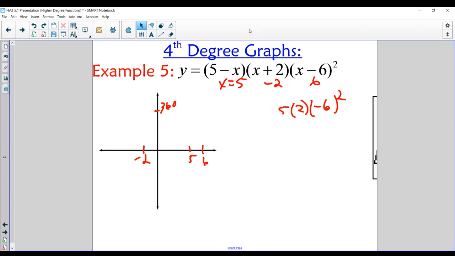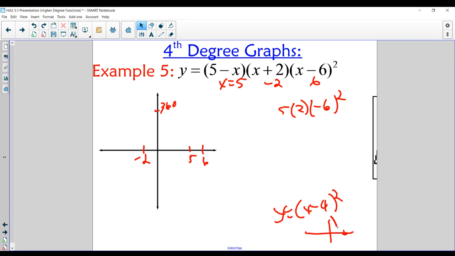Okay, and negative leading coefficient means we're going to start down here and we're going to end down here. Now the difference on this one this time, when you have a squared, it's going to bounce at the x-axis on that spot. Think about if you were to graph y is equal to (x minus 4) squared,